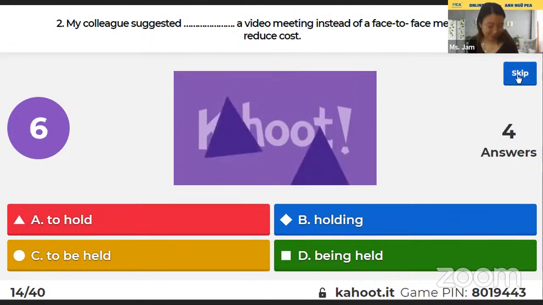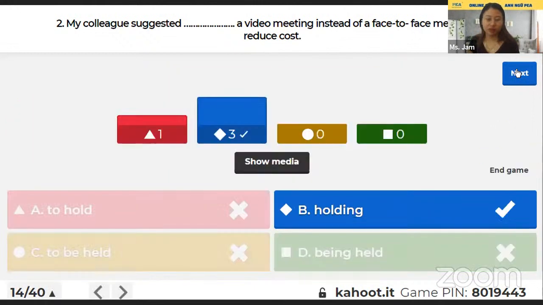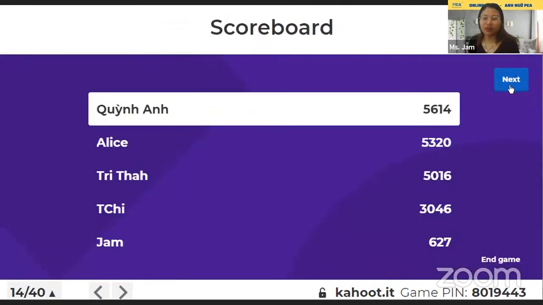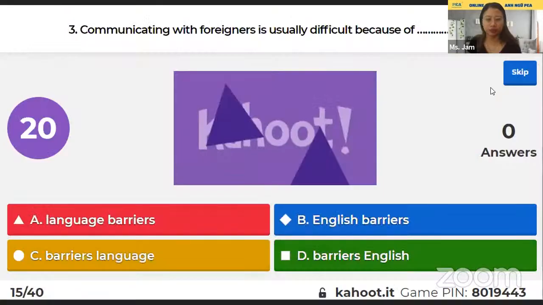It's the same. Okay, still once answered letter A. Okay, next one. Communicating with foreigners is usually difficult because of